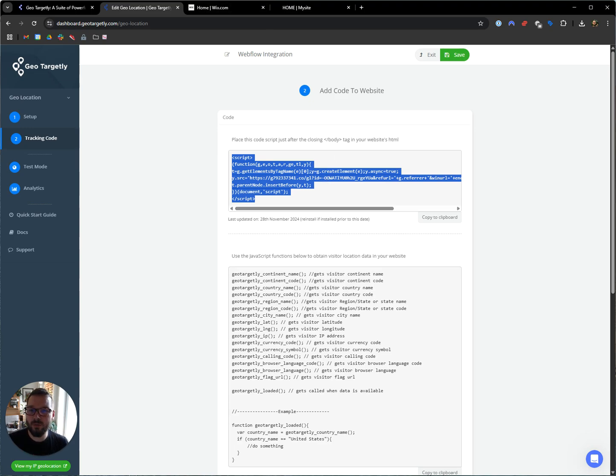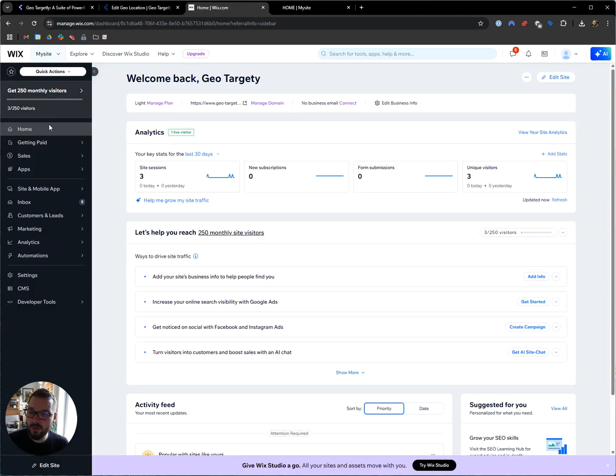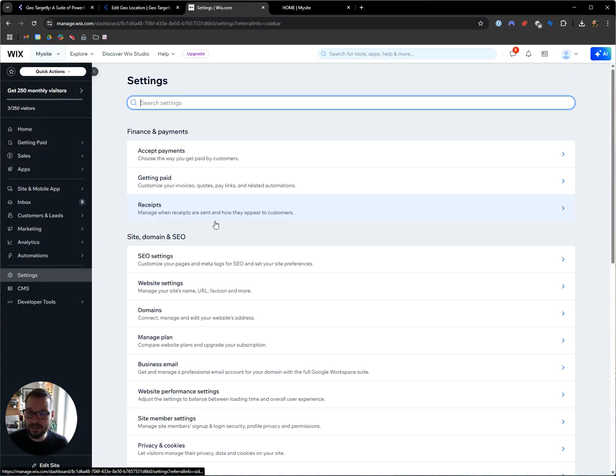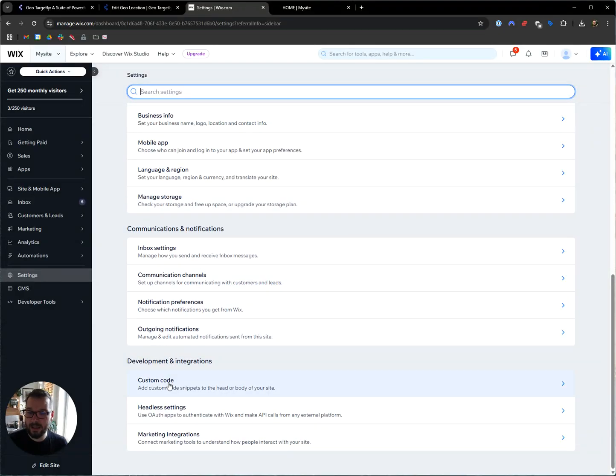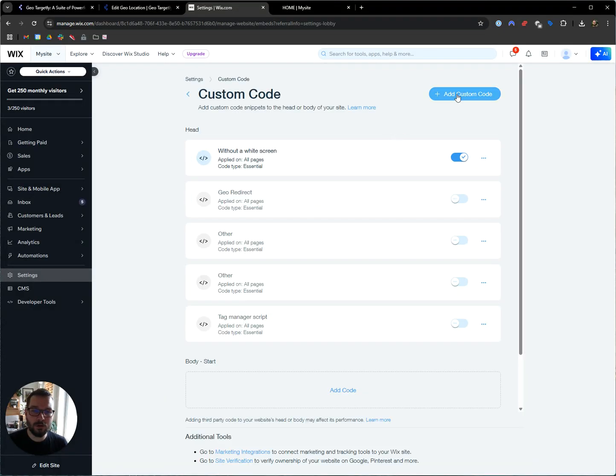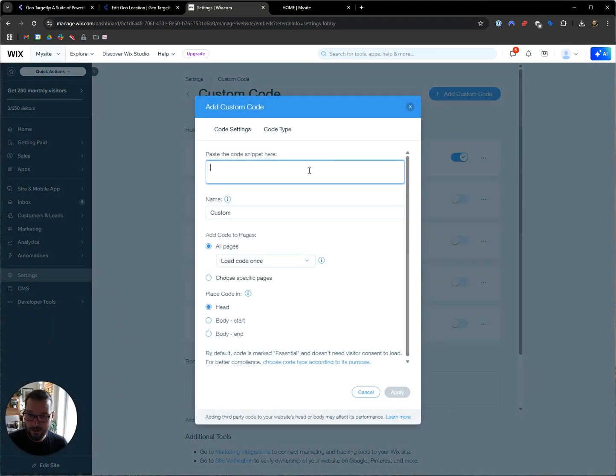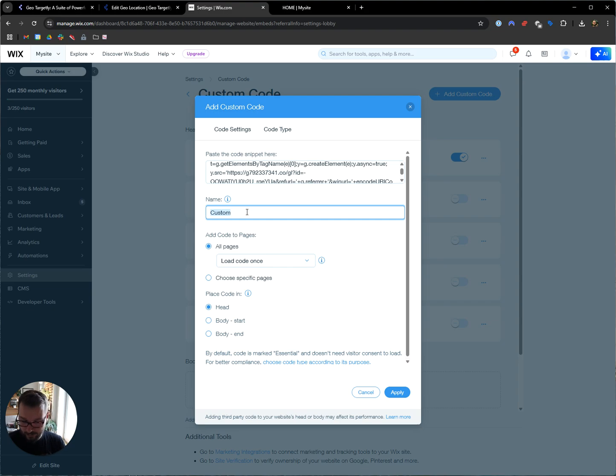Go into your WIX dashboard, and on the dashboard, go into Settings, and in the settings, scroll all the way down and find Custom Code. In the custom code, click on Add Custom Code, and first up, you need to paste the code that you copied a second ago. Give it a descriptive name, such as, I don't know, Geolocation, and then you need to